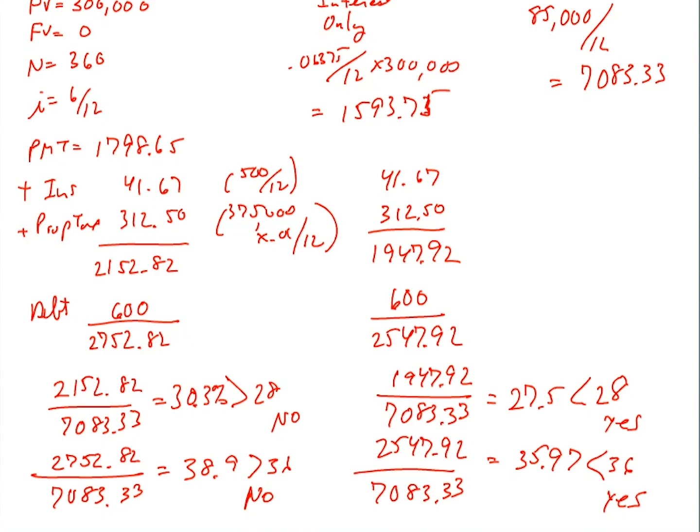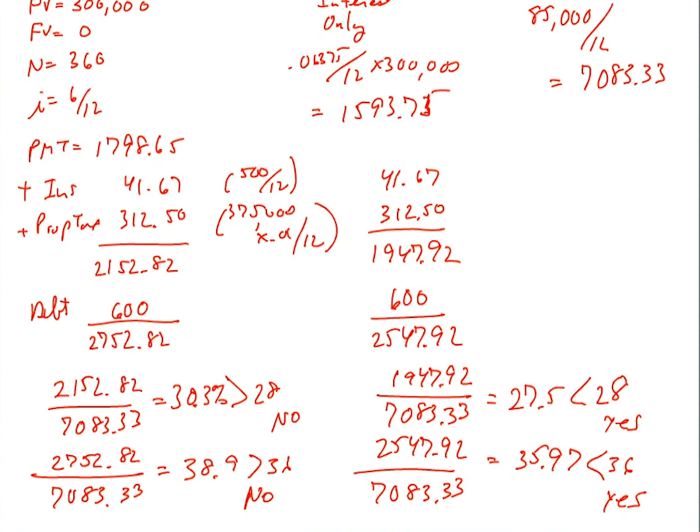So we take the 500 divided by 12. We see that's 41.67. The property tax, I said, would be 1% of the value of the property. The value of the property is 375 times 1. And again, we have to divide that by 12 because we want a monthly property tax. And that's $312.50. That same amount is added both to the fixed rate mortgage and the interest only mortgage, giving us payments of